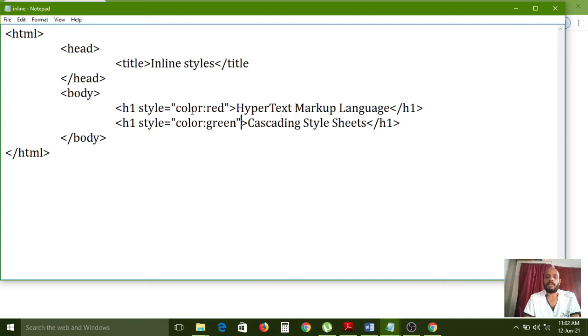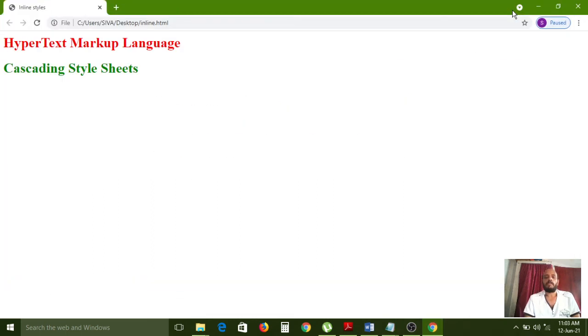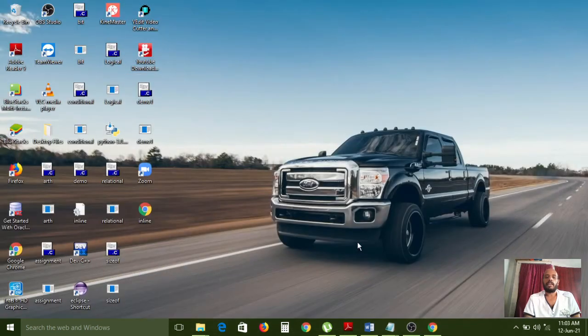So for the first line I have applied red color, and this style, color colon green, is applied to the second h1 heading. So if you want to apply individual colors for a particular element, inline style sheets are very useful. Now we have completed the concept of inline style sheets.